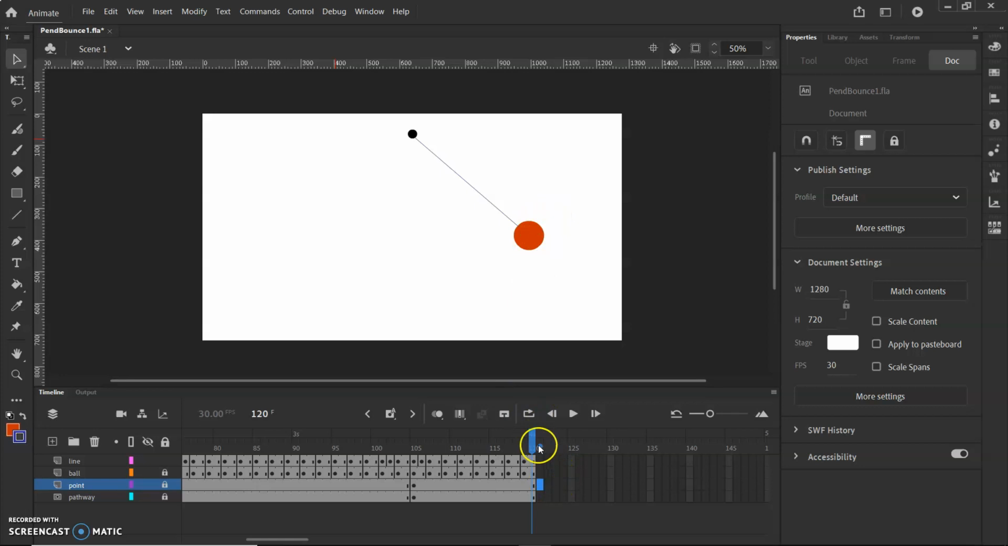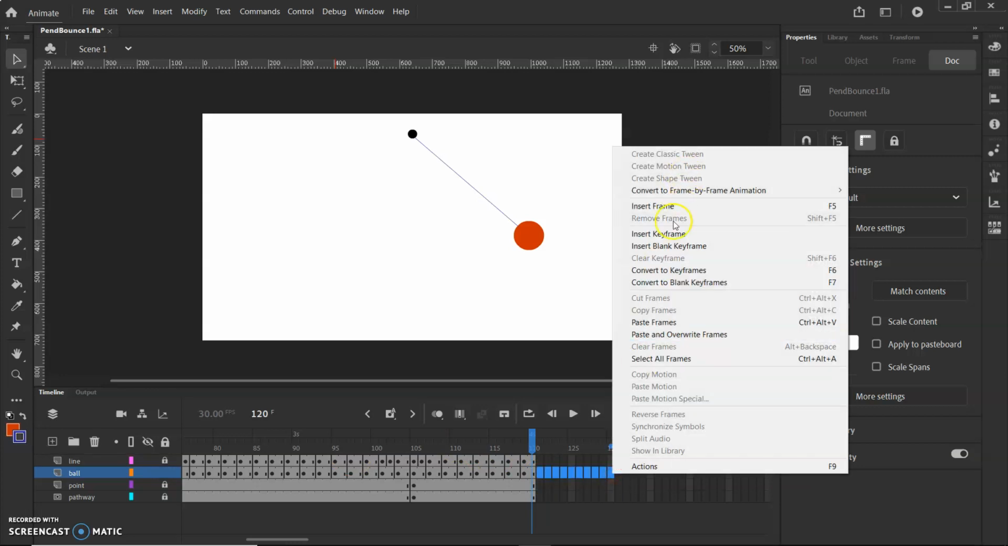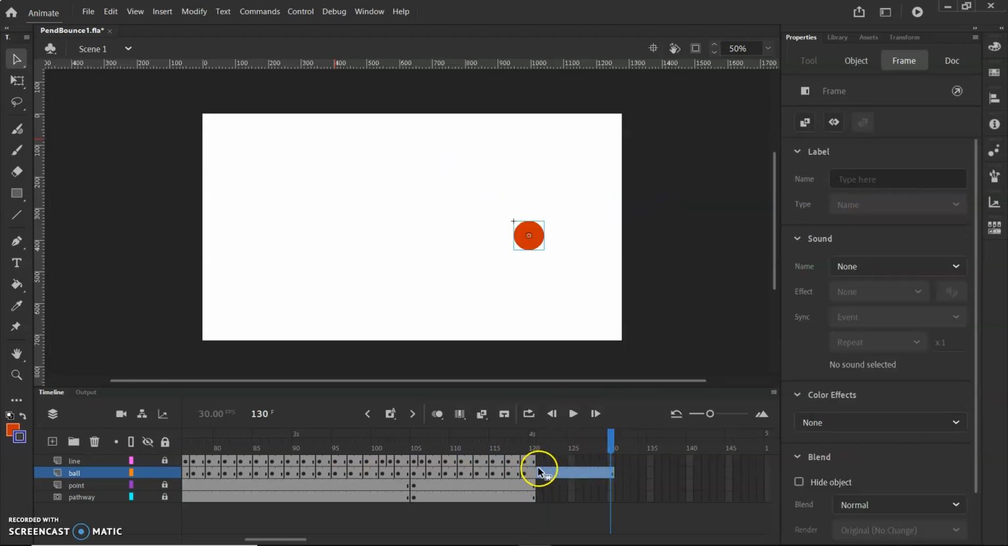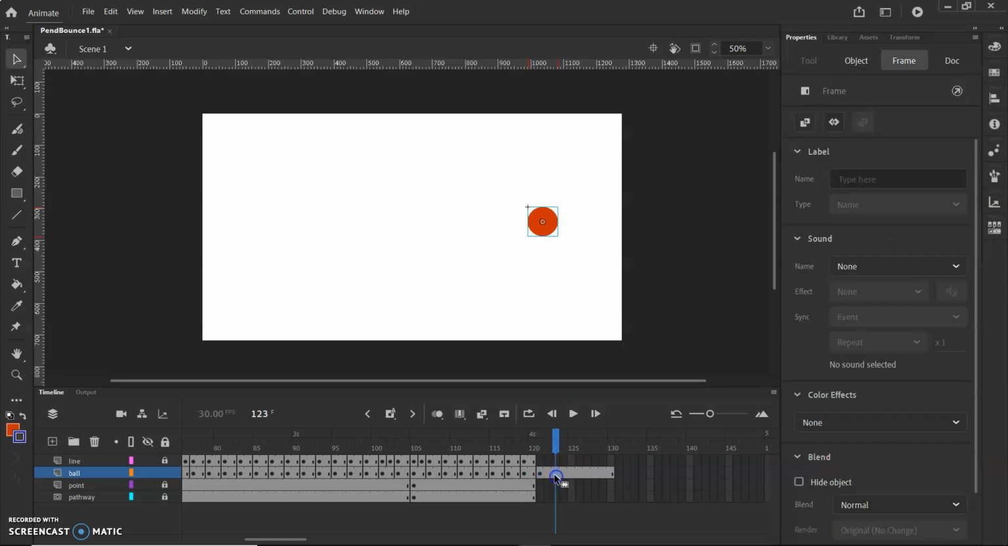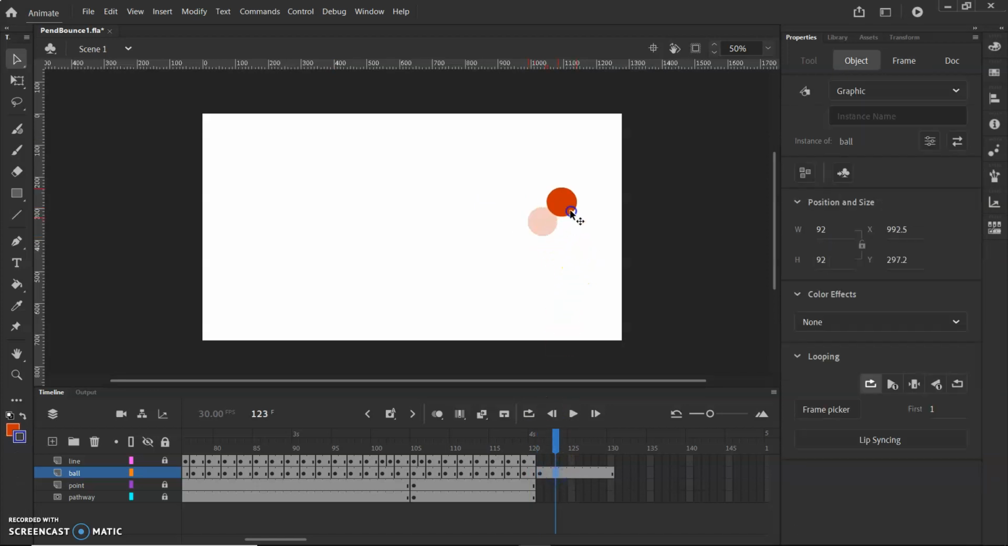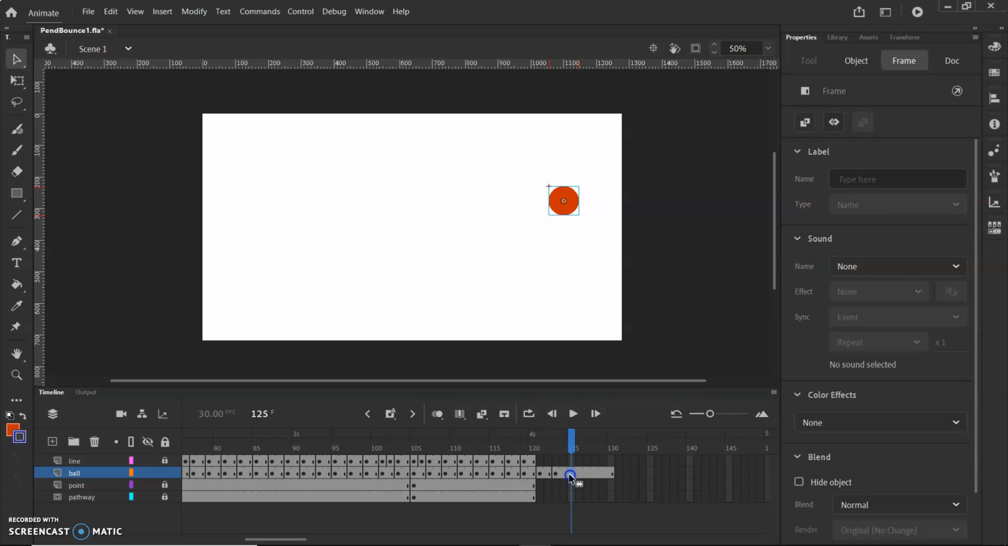So perhaps, let's see, let me get to the ball. Let me lock everything but the ball. Let's do another, we're on 120. Let's do another 10 frames. Insert frame. Okay. Ball here. And we need to make sure we do like a little curve. If you wanted to,